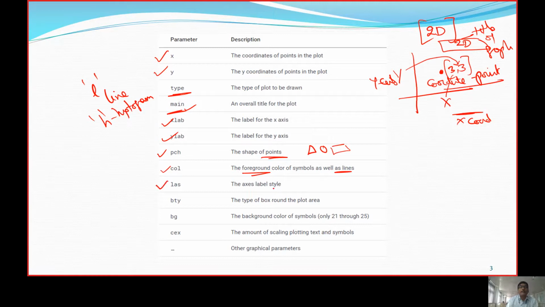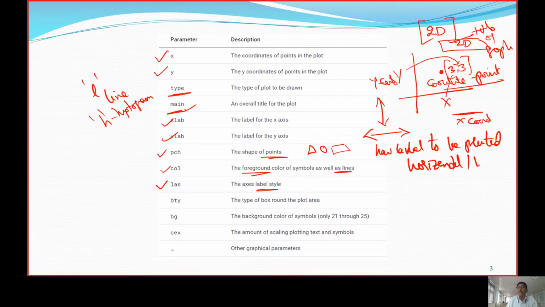Similarly, las stands for the label style: how the labels should be printed, whether in a vertical position or in a horizontal position.